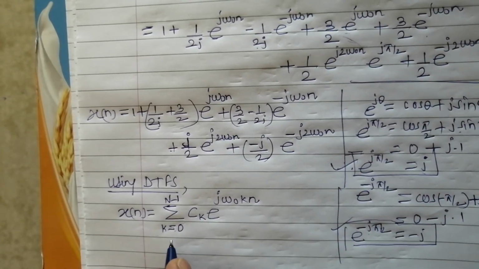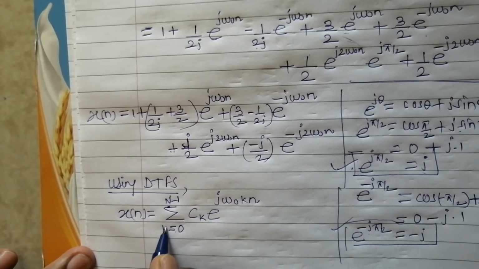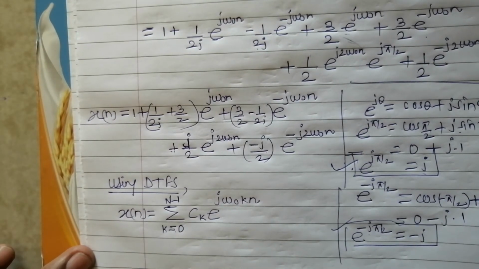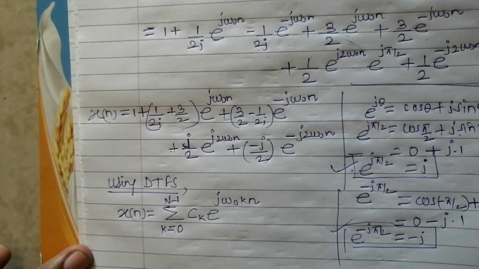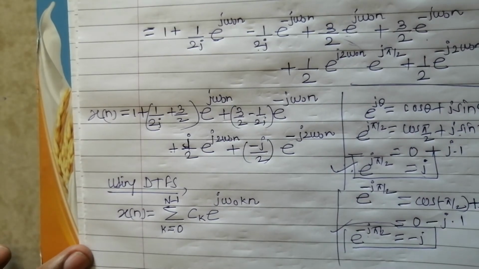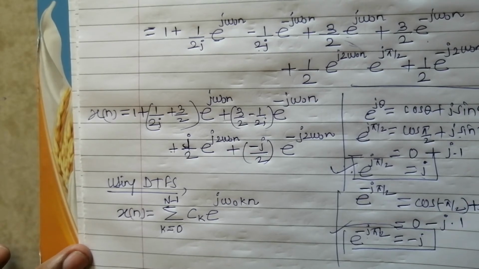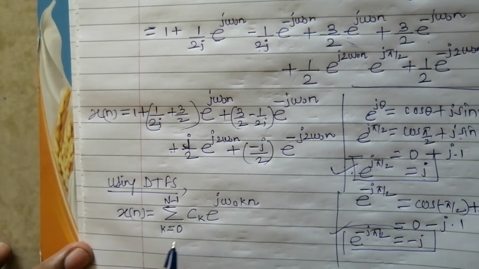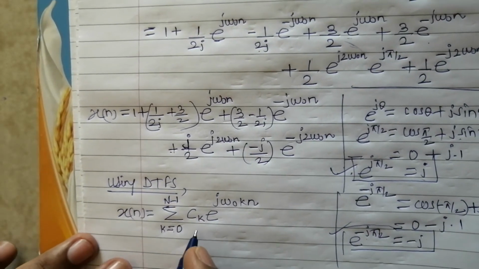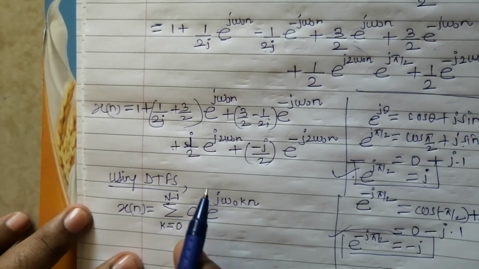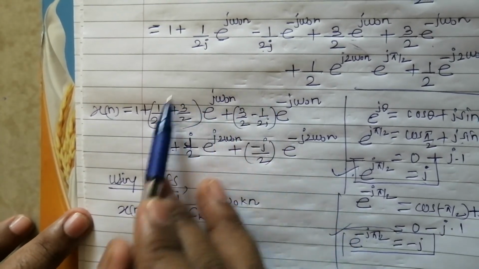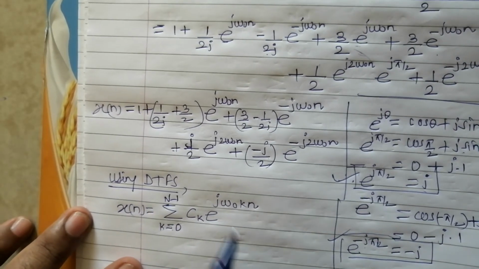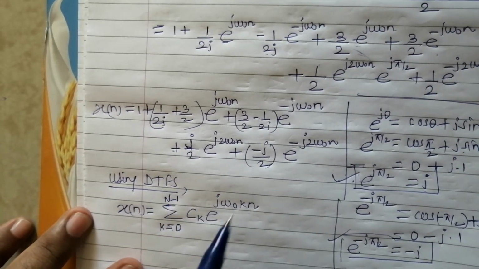Okay, now before expansion, we have to decide the limit of k. In this particular numerical, the fundamental time period is also not mentioned, like our previous numerical where N equals 6 was mentioned, but we can decide this limit, and let's see how. हम इसको decide कर सकते हैं, बहुत ही सिंपल है. हमें पहले इस x of n को अच्छे से ऑब्जर्व करो, यहीं से हमें हिंट मिलता है इसके लिमिट्स के बारे में, ओके. See how to find that hint.